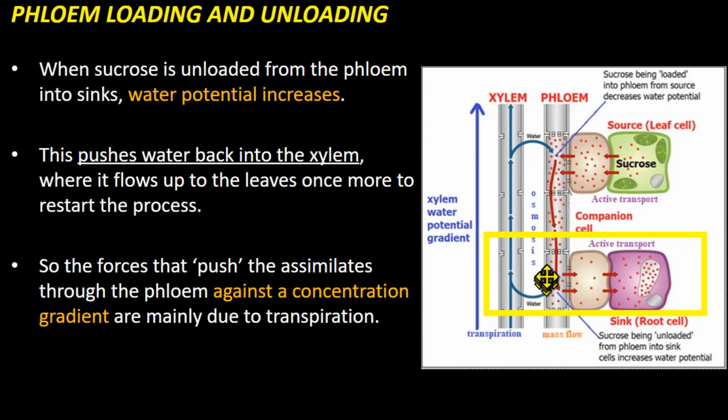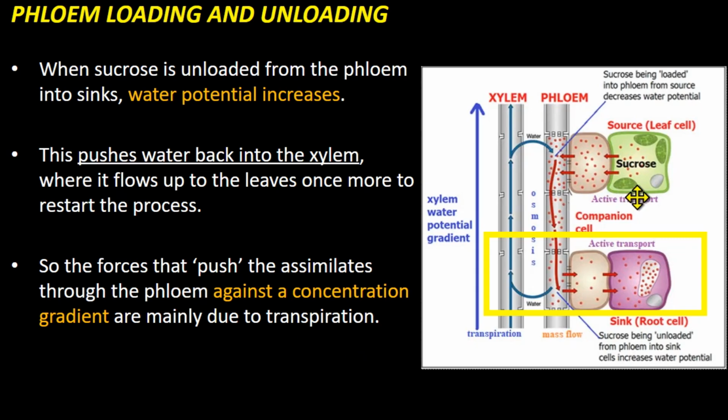Now because of the pressure of this water, this is going to push water back into the xylem, where it's going to flow up to the leaves once more to restart the process. So this is a cycle that's going to happen here. So the forces that push the assimilate through the phloem against a concentration gradient are mainly due to transpiration, but